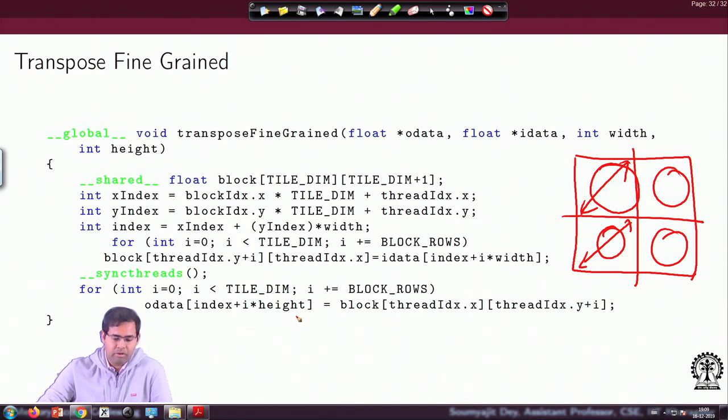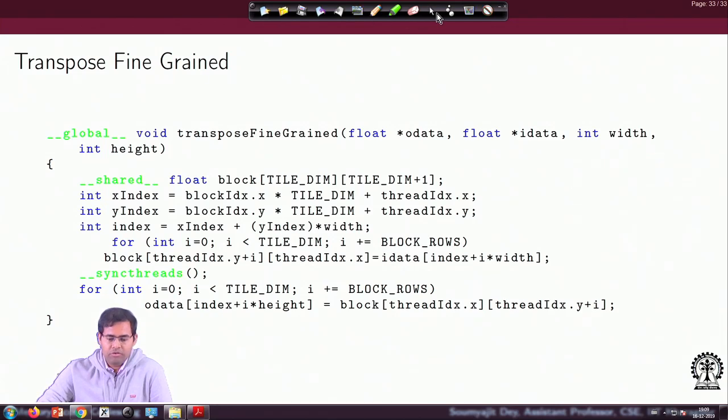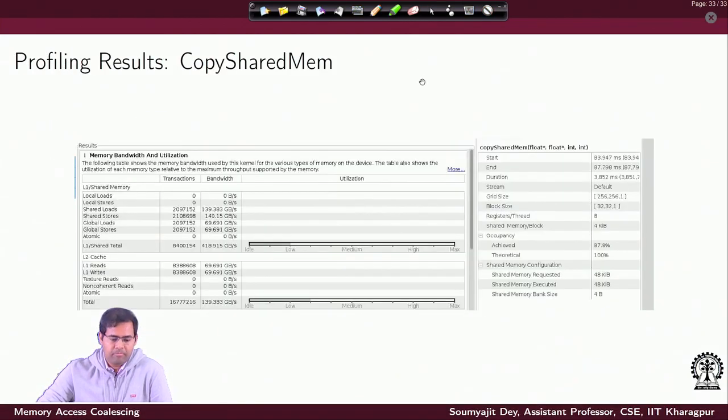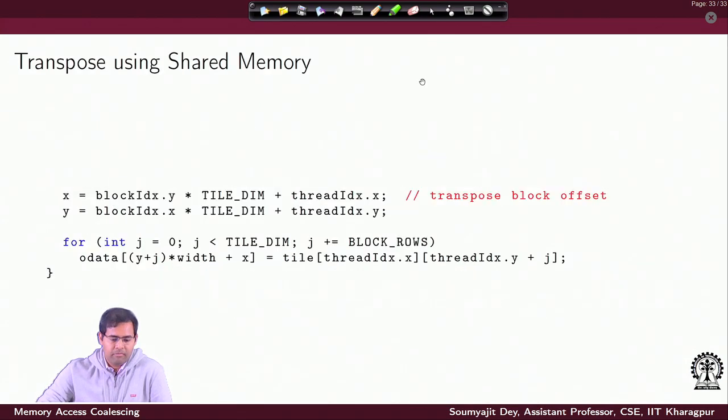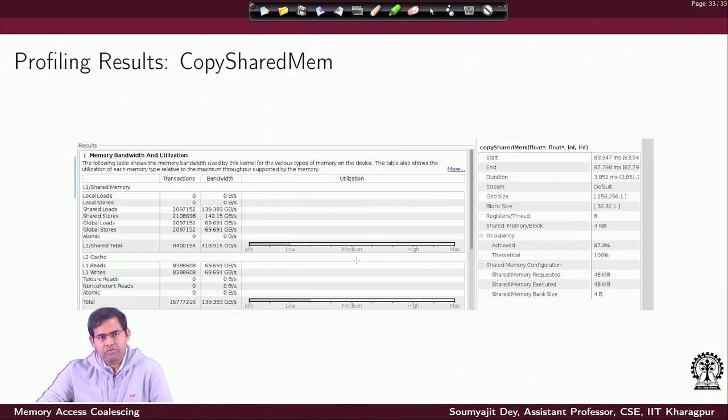I will just repeat. If you remember our optimization, which is here, it is a 2-level thing. First I flip the blocks and then I flip the location of read from the tile. Consider this is not done. So, you do not flip the block. So, you are reading and writing from the same block, but while reading from the shared memory tile, you have flipped. That means you read column wise. So, that would effectively do a fine grained transpose, as we call it here.